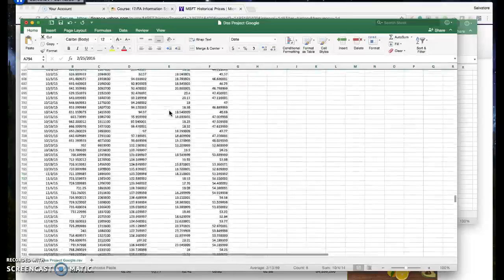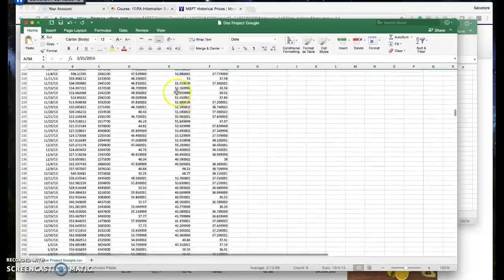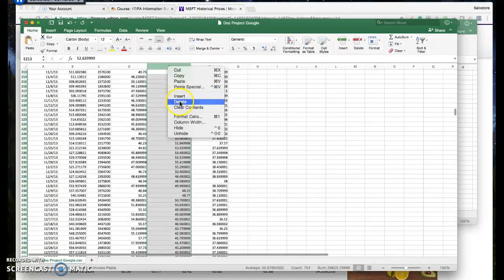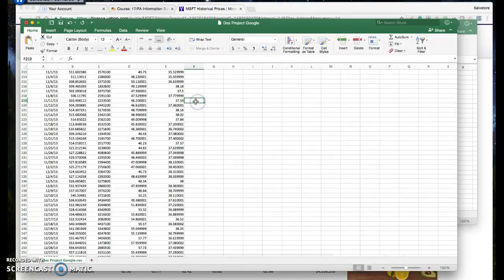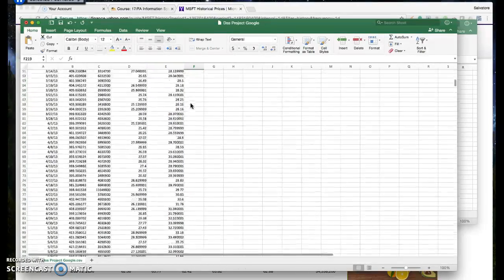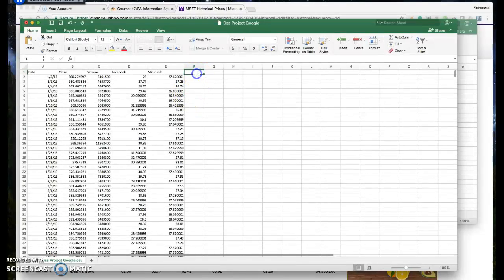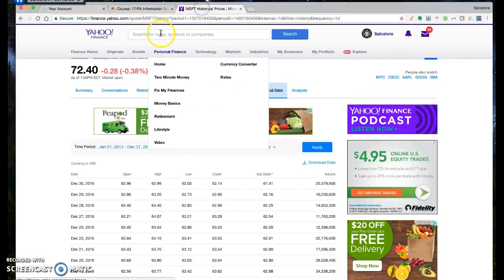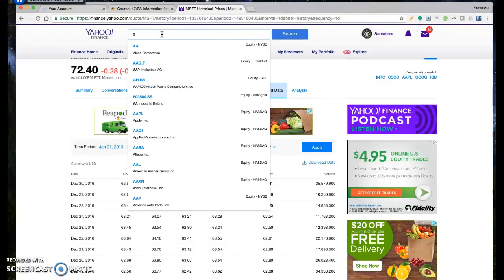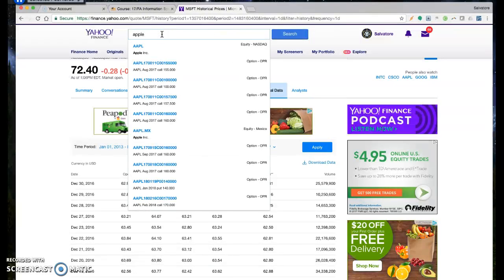There's just way too much data that's blank. We cannot use it. So we are going to delete this column. If you run into the same issue with one or more of your competitors, you have to do the same thing. You have to delete it, and you need to go back to your Yahoo and find a different competitor. I'm going to choose Apple,